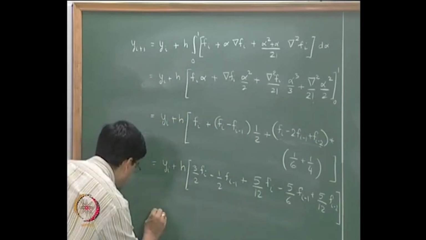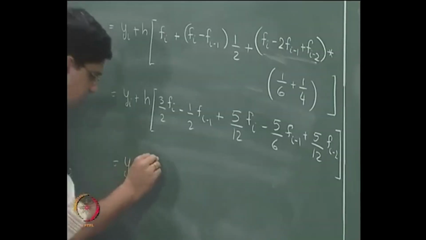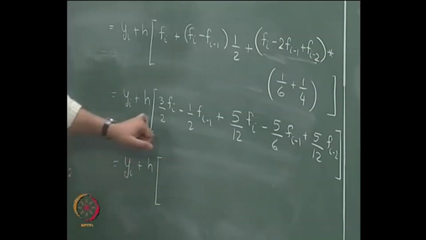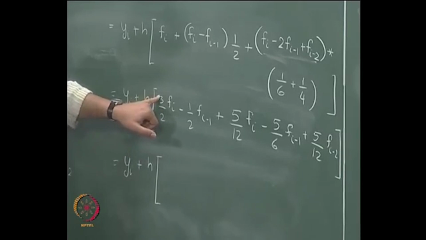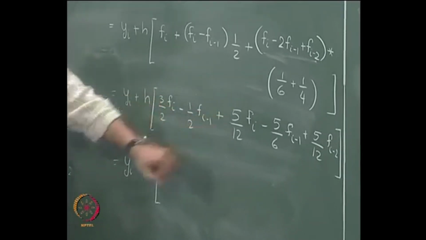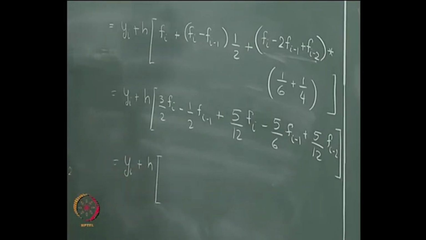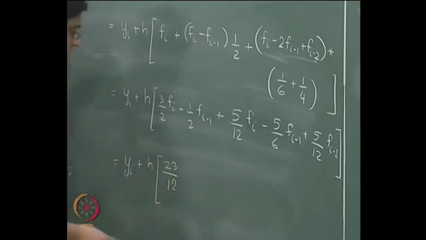Okay. And this finally will lead us to yi plus h multiplied by 3 by 2 plus 5 by 12. So, that is 18 by 12. So, 18 plus 5 is 23, 23 by 12